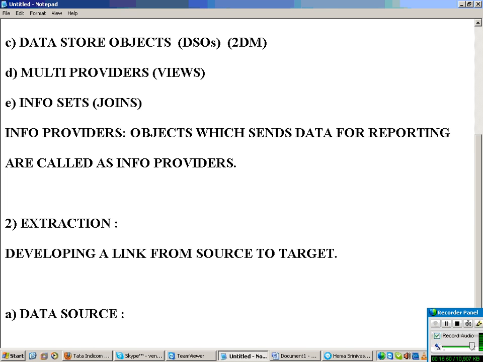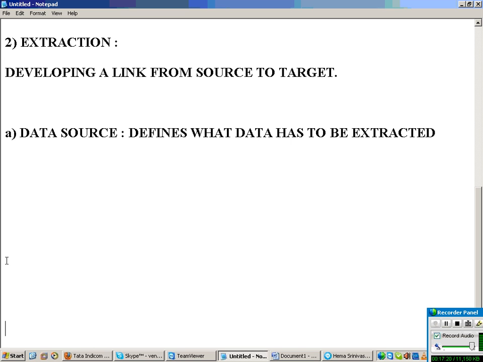The same way in the database, to move the data from one location to another, you need a medium called a structure. That structure is nothing but a data source. Basically it defines what data has to be extracted from the source. Clear now? It's a structure, and it defines what data has to be extracted from the source. Clear? What is data source now?